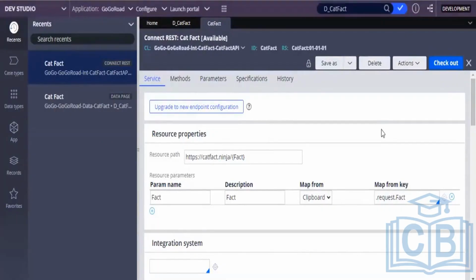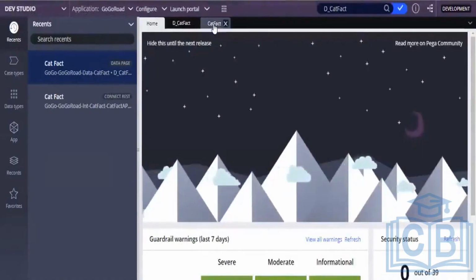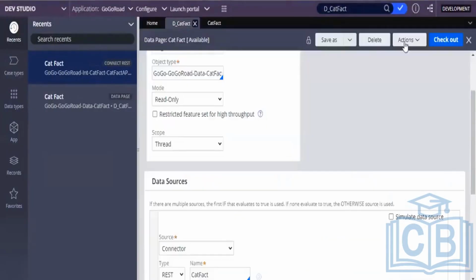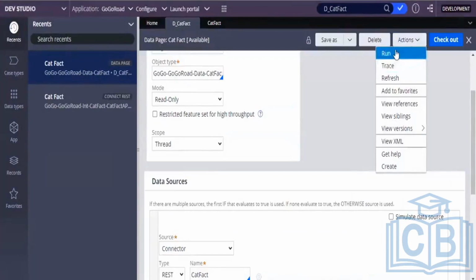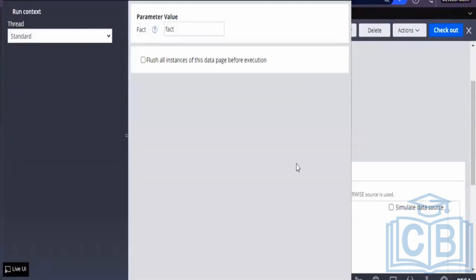And go to the data page. You can click on actions and run. The data page is there, right? Fact you can remove.